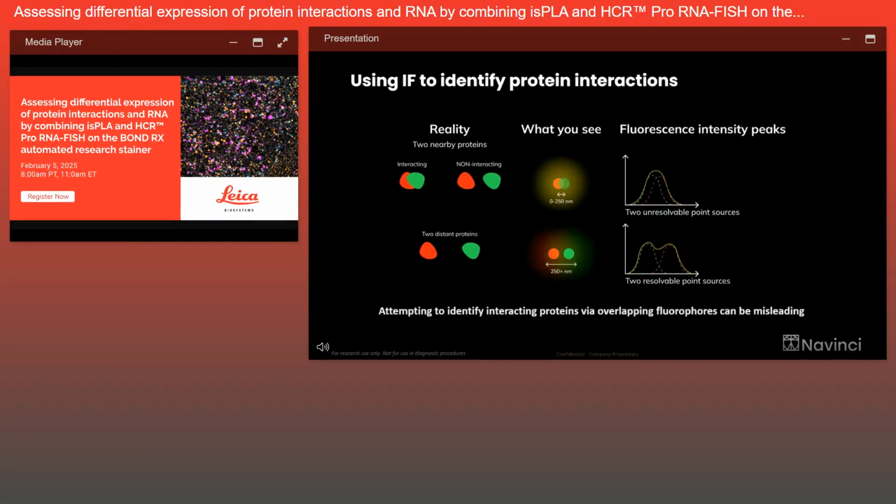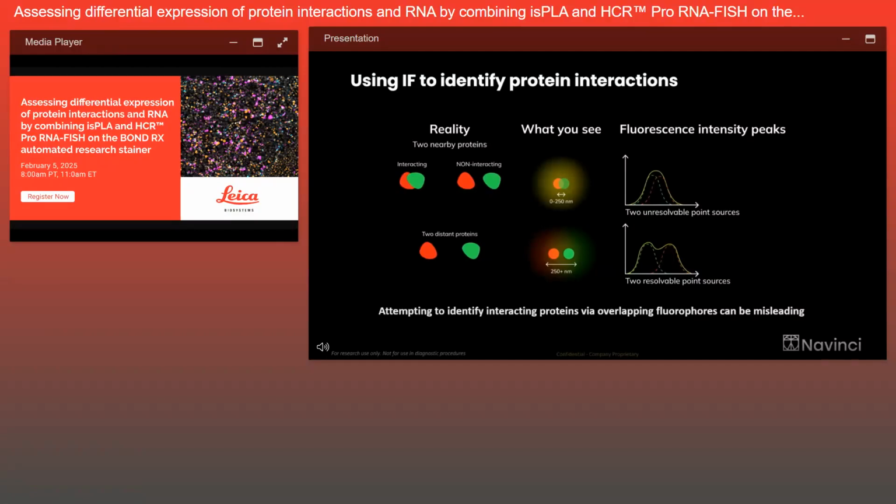So you might ask, why not just use immunofluorescence to identify these interactions? Well, we can see here a few possible realities for proteins. Proteins may be nearby to each other but not interacting, or nearby to each other and interacting. And they also may be distant. So when it comes to the two distant proteins, when they are greater than 250 nanometers in distance, you will